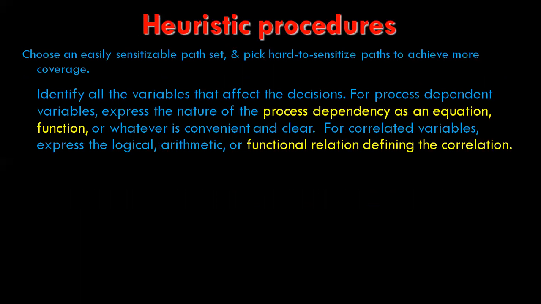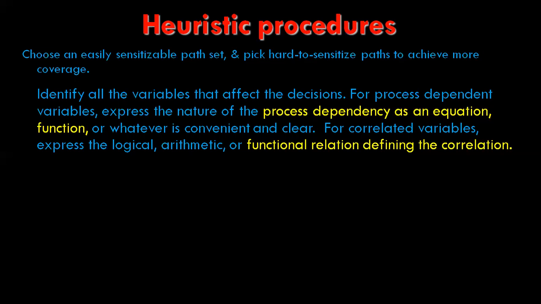Heuristic procedures are the most optimistic way of sensitizing these paths. The first preference for sensitizing a path must be given to the path which can be easily sensitized, thereby delaying the paths whose solution to the path predicate expression is difficult to obtain. This convention is followed just for the sake of coverage. The heuristic procedures of path sensitization involve discovery, and at the same time, problem solving using past experience and reasoning.